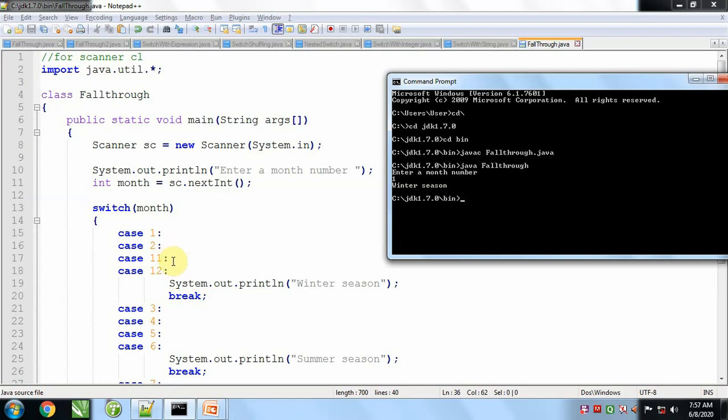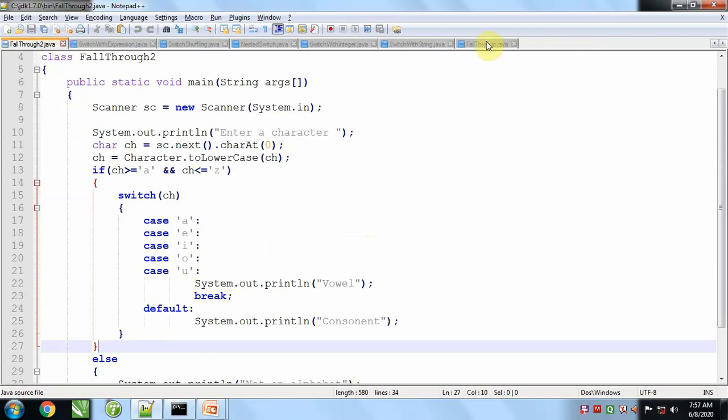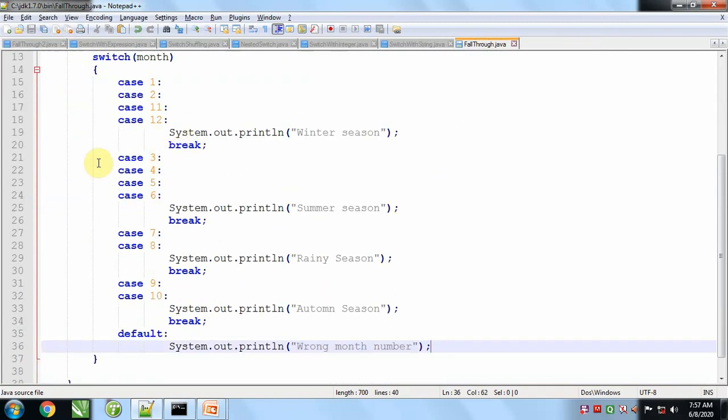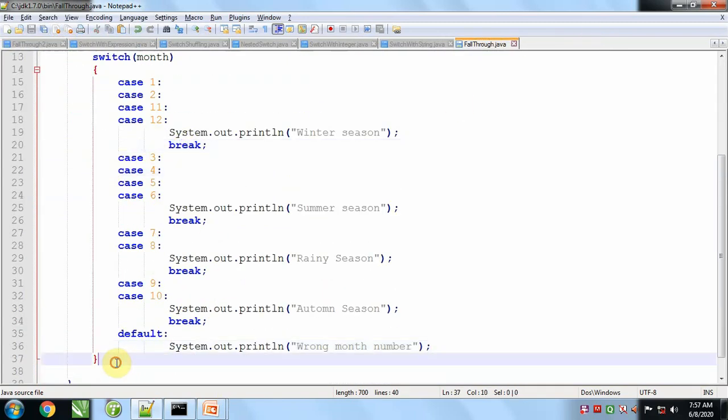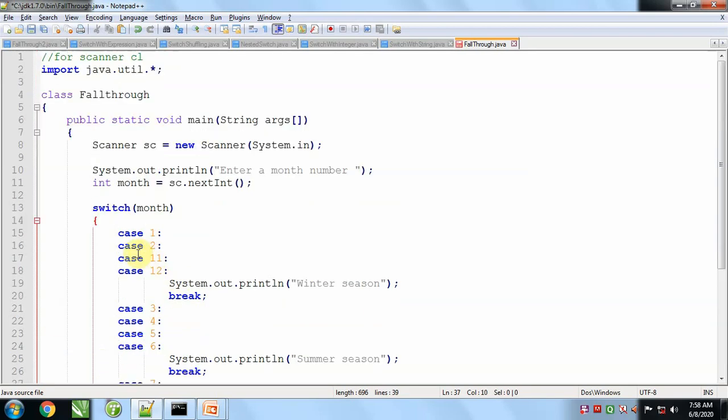After that, as soon as it reaches case 12, it will execute this statement, but after case 12, due to the break statement, it will skip this entire part and the break statement will bring it out of this switch. So this is how fall through works.